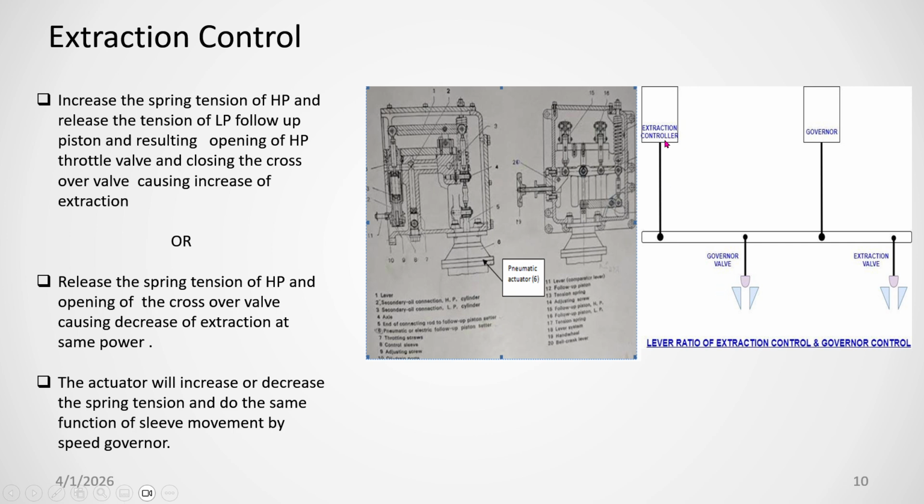It will move the lever downward. When you move this lever downward, this valve will close. The main steam entry to the turbine will close, and this will open. The turbine internal extraction valve will open, so more steam will go to the condenser. You will get less extraction. So this is the two-way. With the pneumatic actuator you can control the extraction, and with the governor you can control the extraction